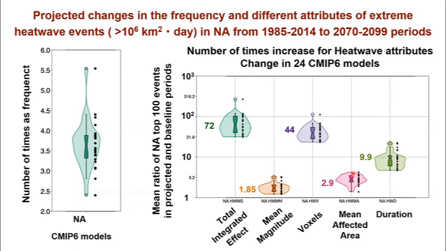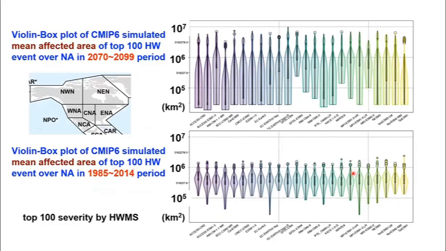But these are the model projections, and the model projection gives you a 72 times increase. What exactly happened? That's the interesting part that I am still working on, because these results are quite new, and I tried to make the analysis before I came here. But one thing you find interesting: the left part is the one that I showed you before when you look at the model performance. They are in line with ERA5.